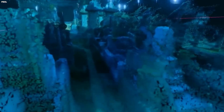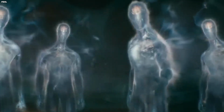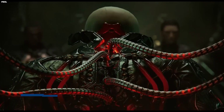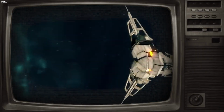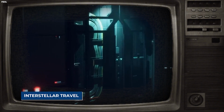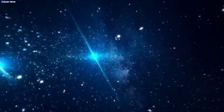Understanding how this alien society operates would be important if we ever do make contact. Are they peaceful explorers, eager to share their knowledge and culture? Or are they isolationists, choosing to remain hidden from the rest of the universe? Their lights suggest a civilization that is advanced enough to possibly engage in interstellar travel. If that's the case, they could have already explored other planets and star